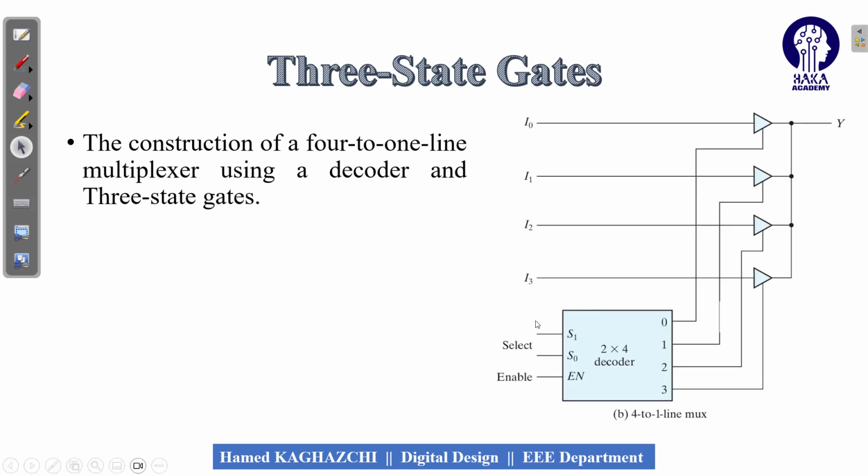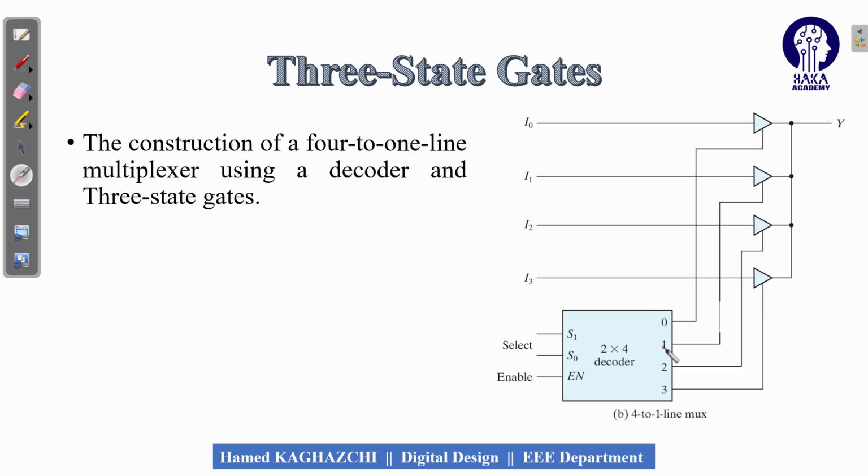So if we want to design, for example, a 4-to-1 multiplexer using three-states and decoders, how can we do it? Now, using just three-states, we cannot design the 4x1 multiplexer. We have to use the decoder. So if we use the decoder here, as you can see in this circuit, again, we know that in the decoder we have 2 inputs and 4 outputs. We use the 2 inputs of the decoder as the selection lines of the multiplexer, and we know that in the decoder,